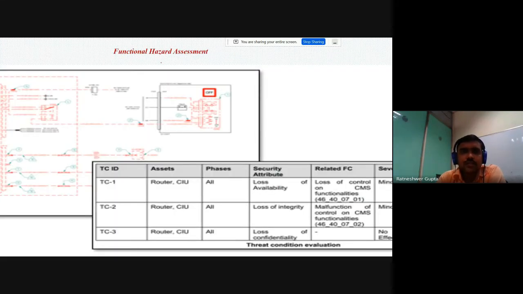We can also go for functional hazard assessment, to see what level of hazard a particular component can cause in the system. These are some of the examples I have given, but there are many more things you can check with this particular system.